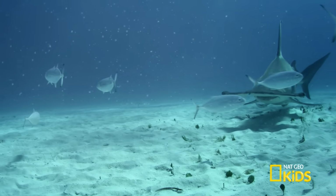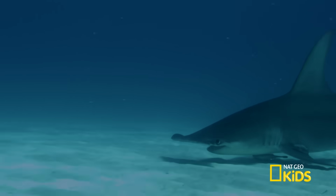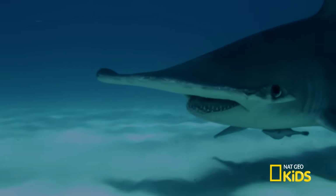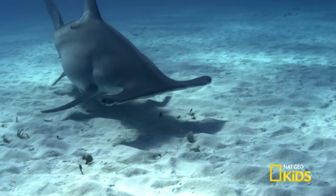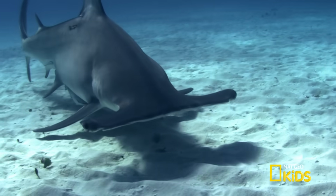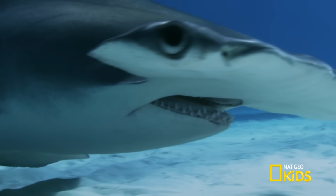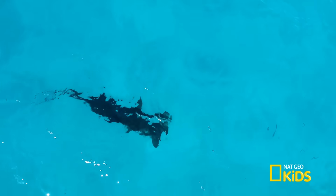Hammerheads use a lot of energy and exert a lot of force for short periods of time. They're like the cheetahs that can just sprint really fast, really hard, but they build up a lot of lactate in their blood. It's kind of like lactic acid in humans when we exercise. These changes in their blood chemistry force hammerheads to slow all movement. This leaves them exposed and vulnerable in the shallow, warm water, which, unlike deeper, cooler waters, has a much lower